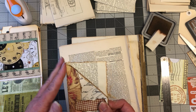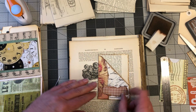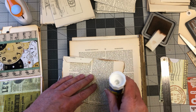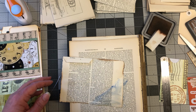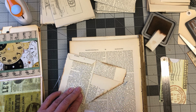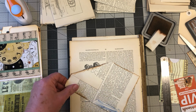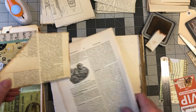There's another lady I've been watching as well in Britain. Tina? I can't think of her name, her channel. But she does lots of things like this too. She calls them mass making, which is kind of what you fall into when you start with these things, because one leads to another, to another, to another. And the next thing you know, you've got a box full of journals, which is really handy because then you don't have to think too much about it. Once you finish your journal or your junk journal, you can then embellish your pages with the things that you've created,